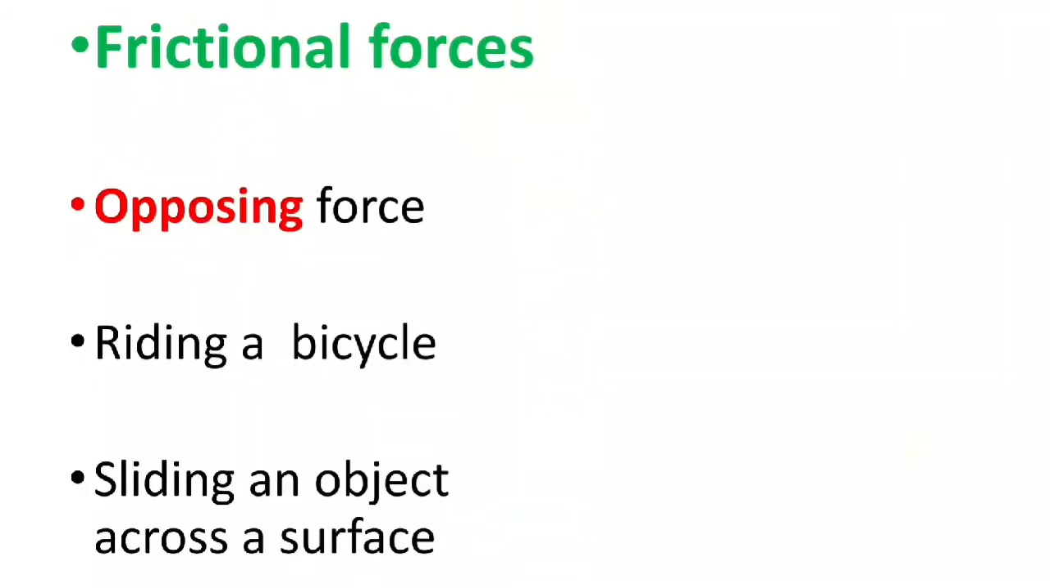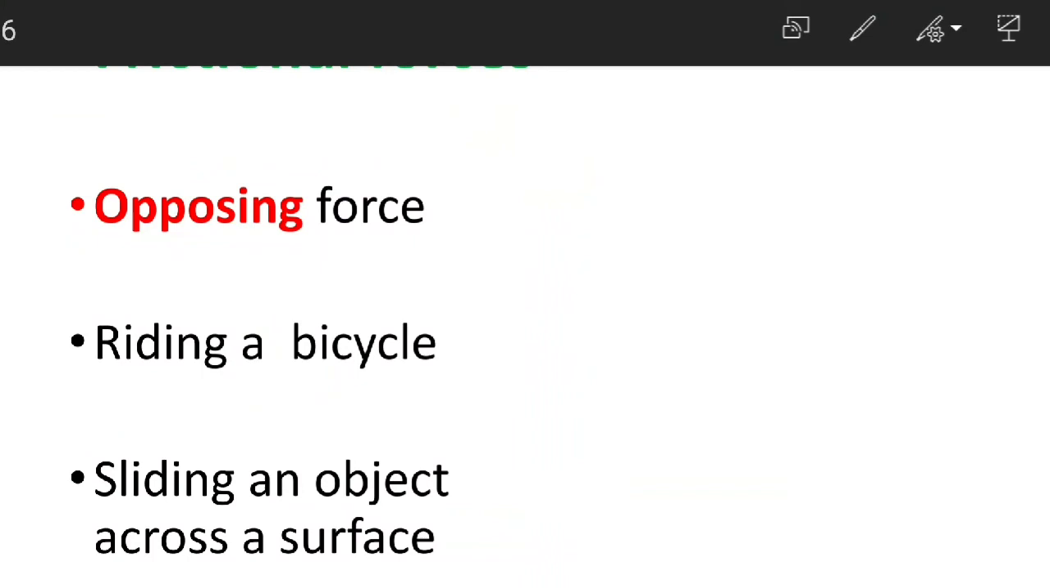Now last but not the least is the frictional force. Frictional force is the opposing force, as you have studied in earlier classes. So whenever you're riding a bicycle or sliding an object across a surface, you get the frictional force. Now if you have to understand this concept, friction, let's say there is a table over here, and across this table you are sliding this